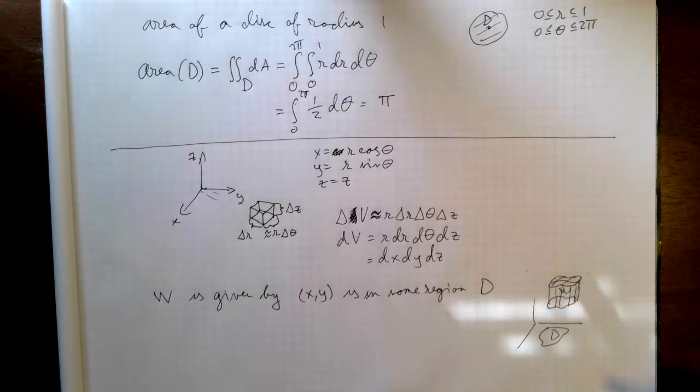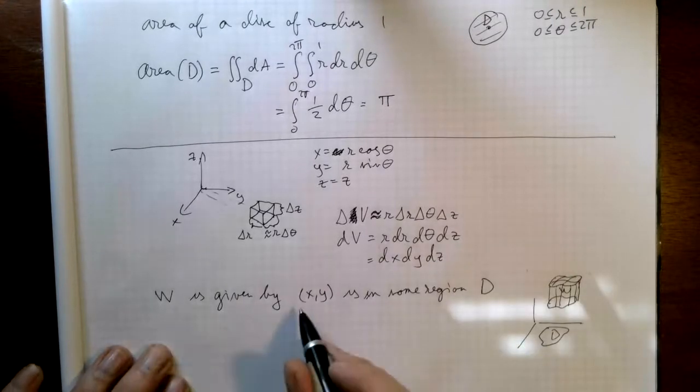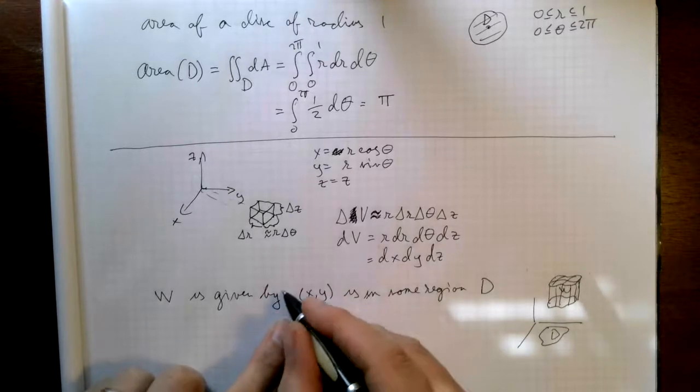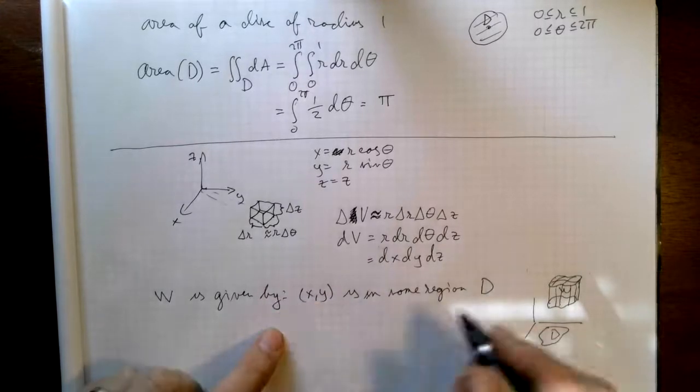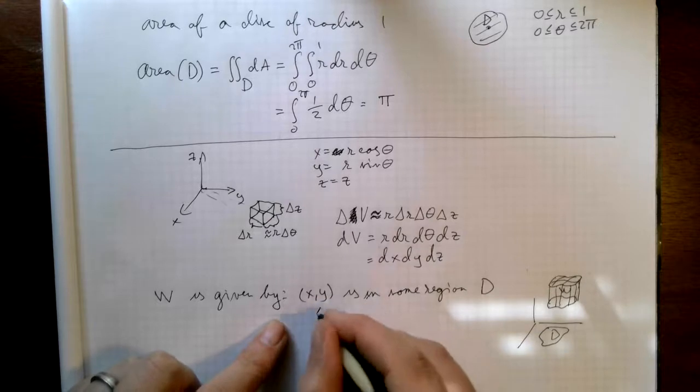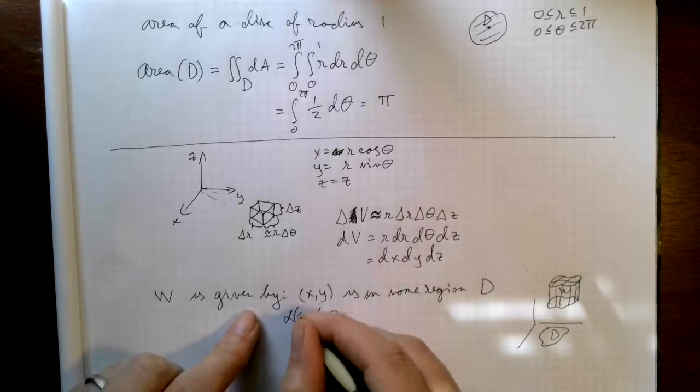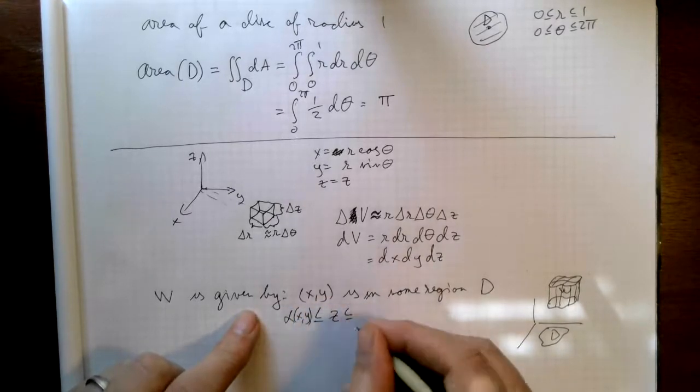Maybe it's a little hard to draw, but basically it's given by x is in D, and z is between some alpha and some beta,